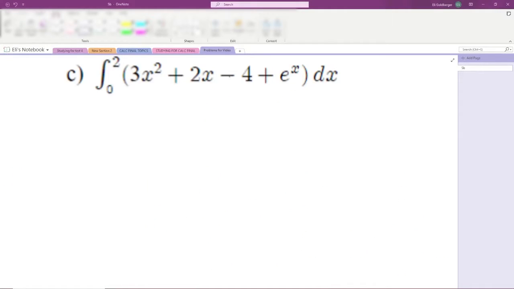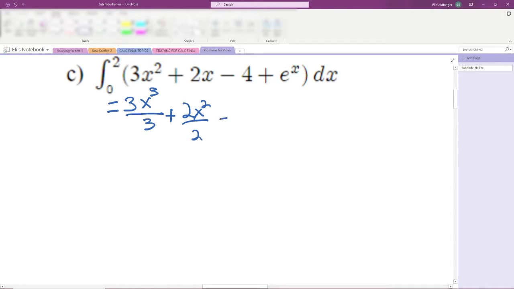Okay, so this is 18C. And this one, we're just going to want to integrate all of these. So if we integrate 3x squared, that's going to give us x cubed over 3. And you'll notice those are going to cancel out, but let's not do that yet. So how we integrate 2x, we have 2x squared over 2, also going to cancel out, but leave it for now,